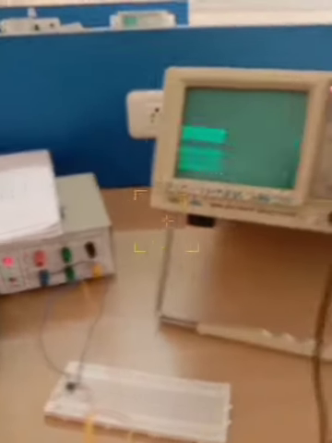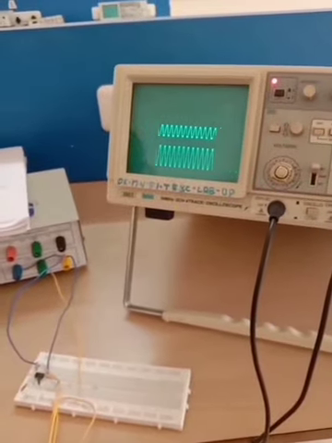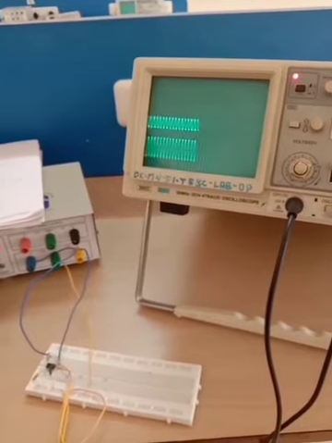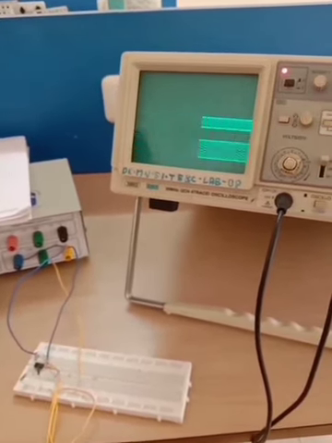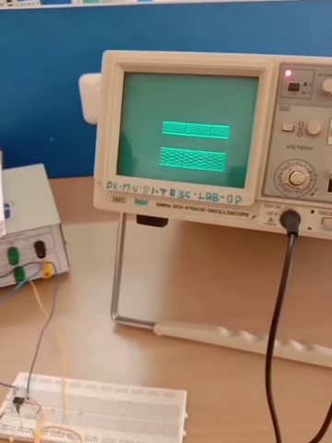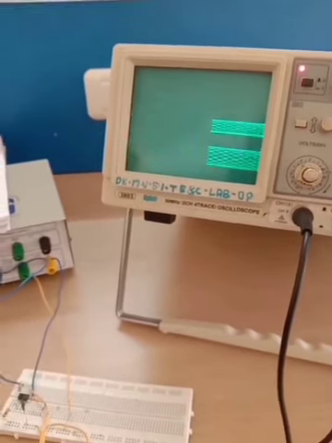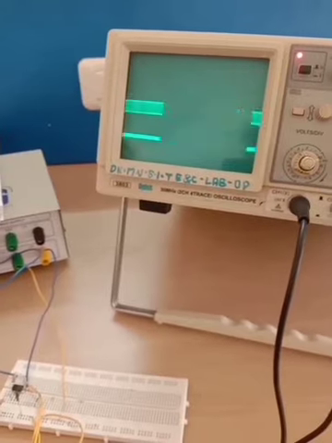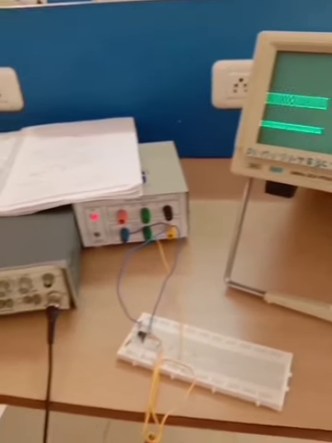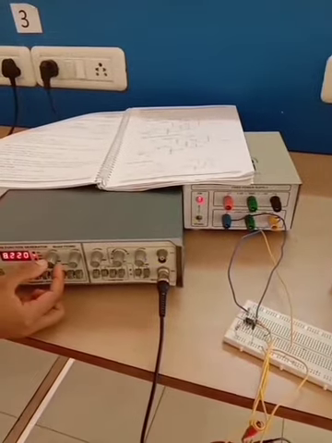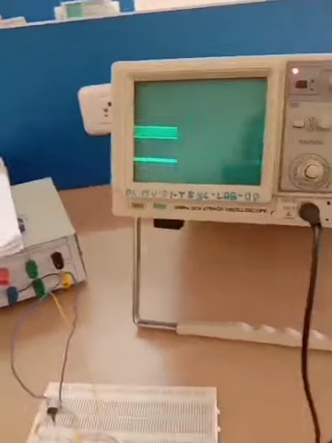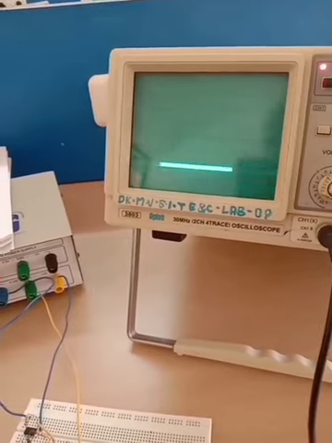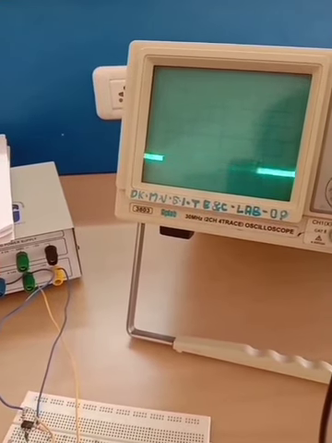You can see the variation. The frequency will keep on increasing. As you increase the frequency, your output will be like this. You can see your output value is continuously decreasing.